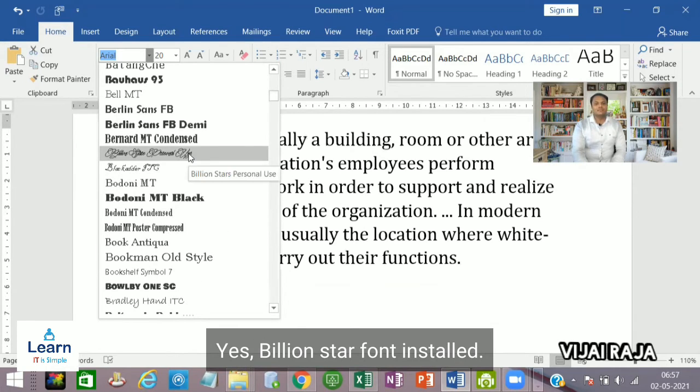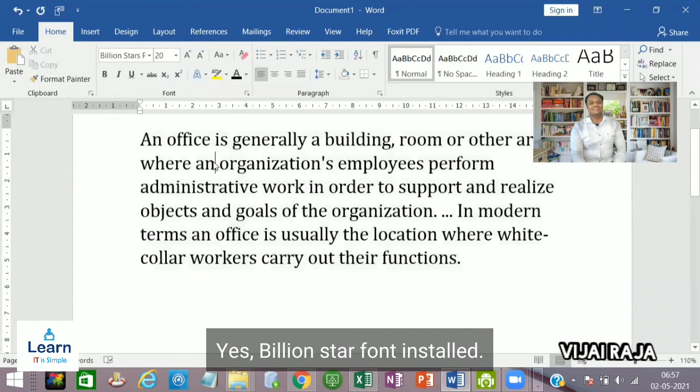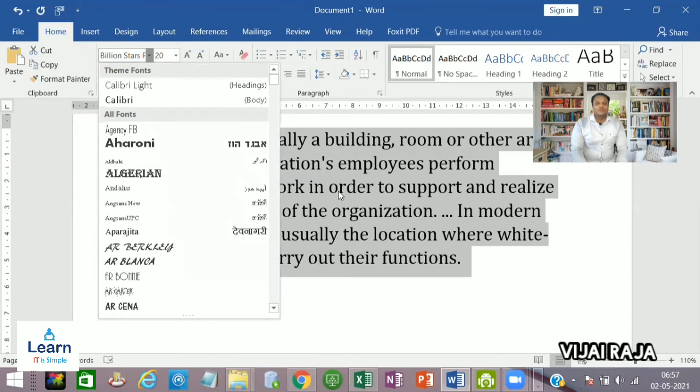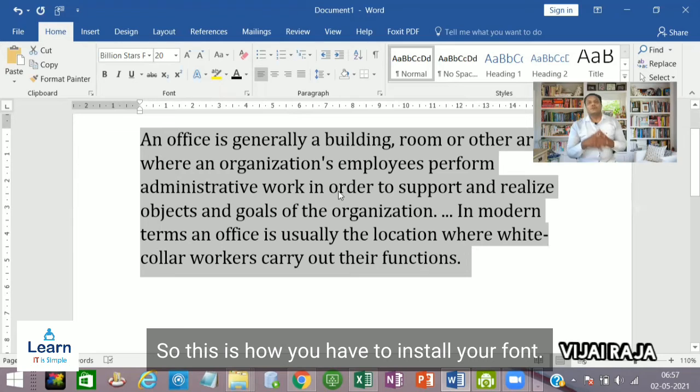Billion Stars, we found that font over here. So this is how you have to install your fonts.